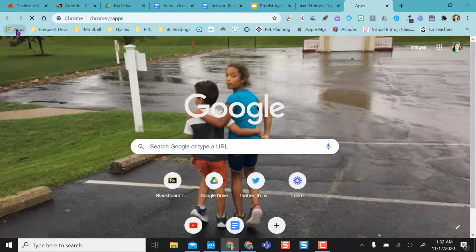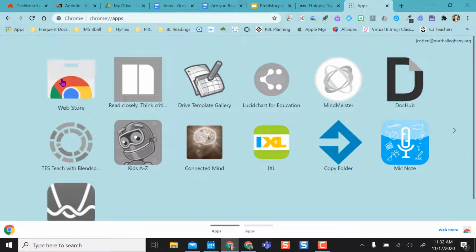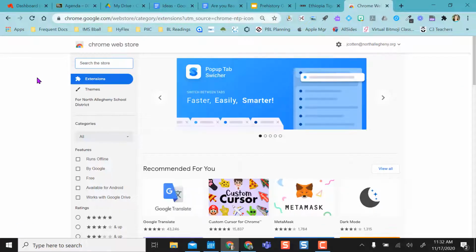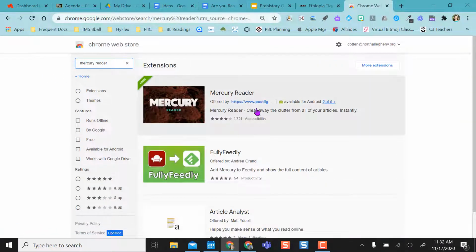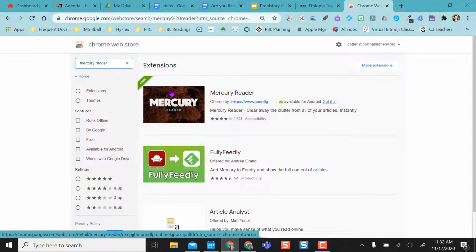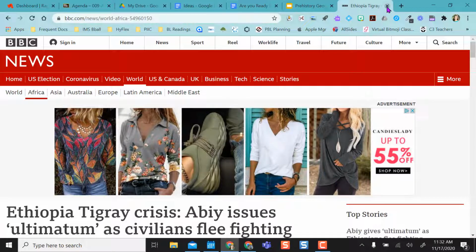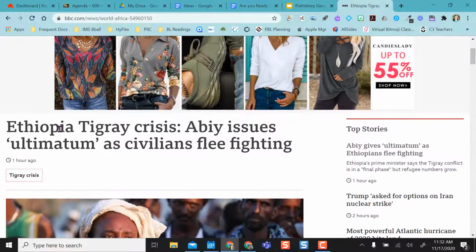You can open a new tab, click on your apps, web store, type in Mercury Reader, and then you want to add this to your Chrome browser. Mine's already added. So now that I have it added up here, I have navigated to a website about Ethiopia,